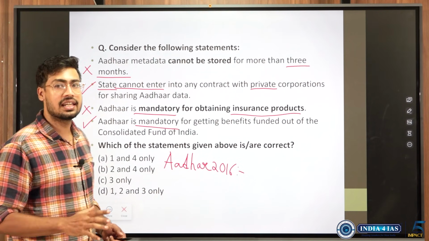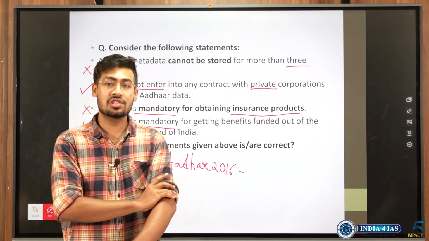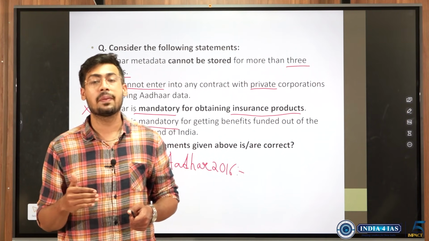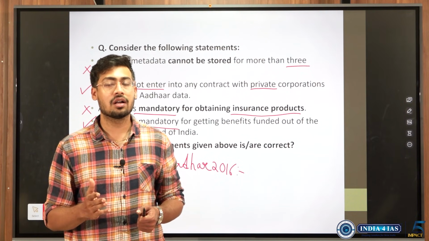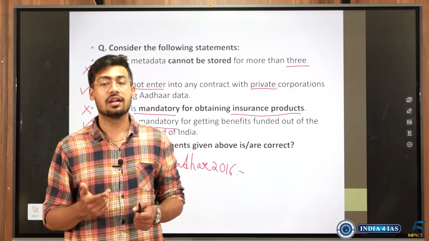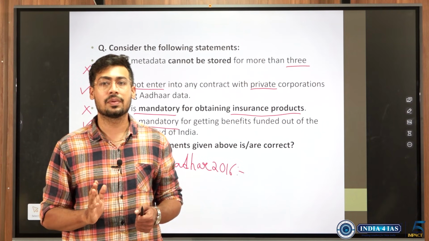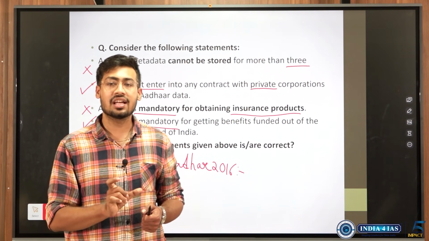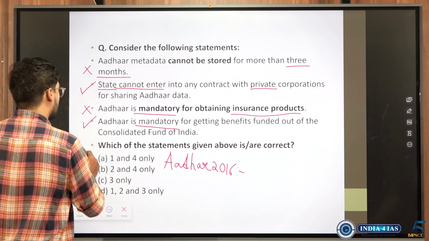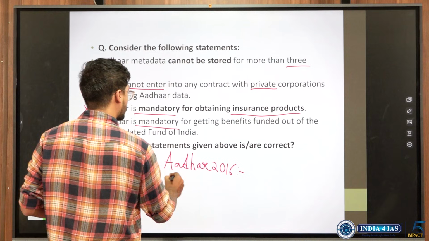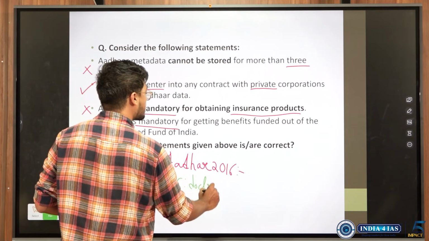How did this happen? See, Aadhaar Act 2016 had been passed as a money bill. It was one of the controversial things because instead of passing the Aadhaar Act as a normal bill, they passed it as a money bill. So what happened? Rajya Sabha, which is usually a revisory body, did not get a check on it. Because a money bill will only be discussed and decided by the Lok Sabha. So the Rajya Sabha was sidelined, and the Aadhaar Act was passed. In the Aadhaar Act also, the Supreme Court used the doctrine of severability.